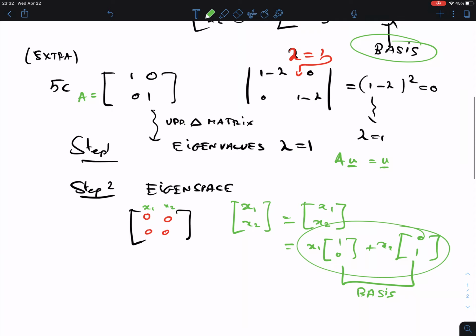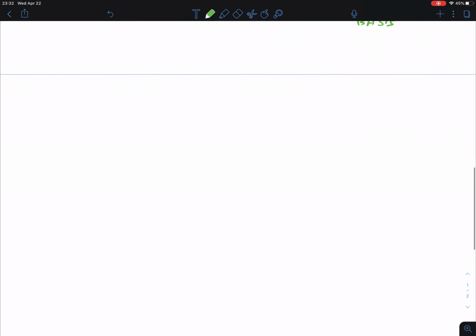Okay, so let's do number 11, the other one that I had assigned. Now this is going to be a little bit tougher because we're going to have to deal with 3 by 3s, and those always give us more difficult equations to solve. Okay, so this is the matrix A. So step 1, the